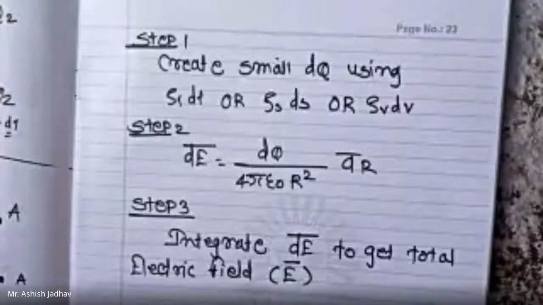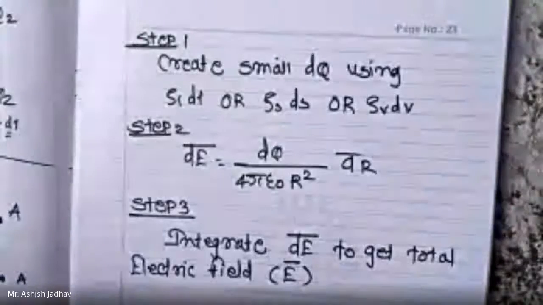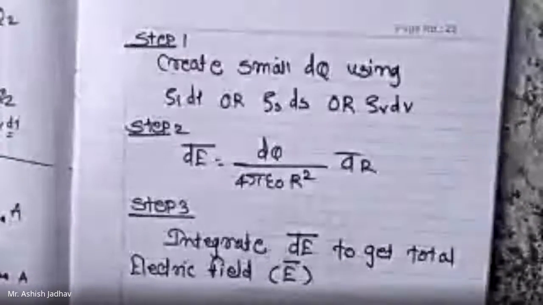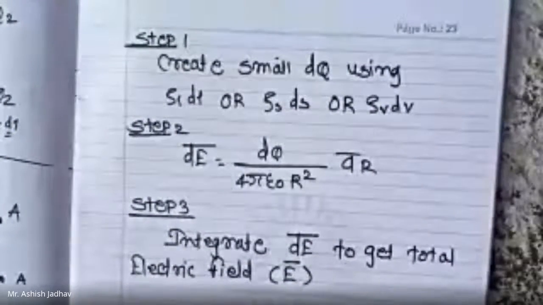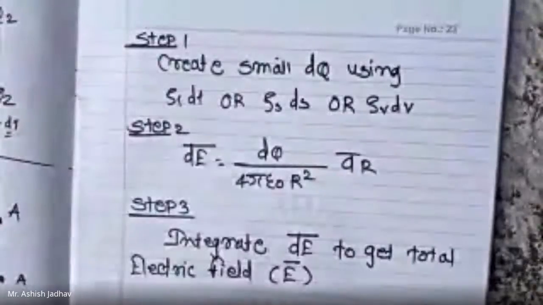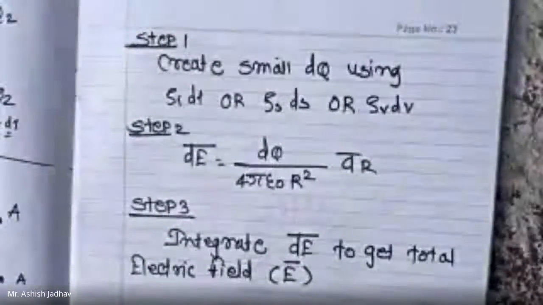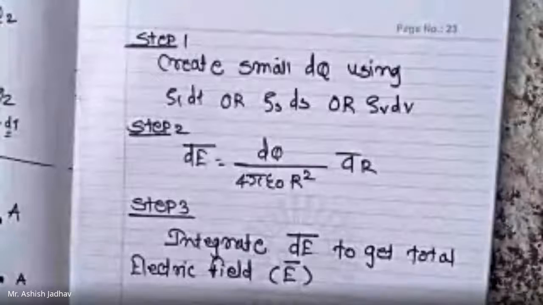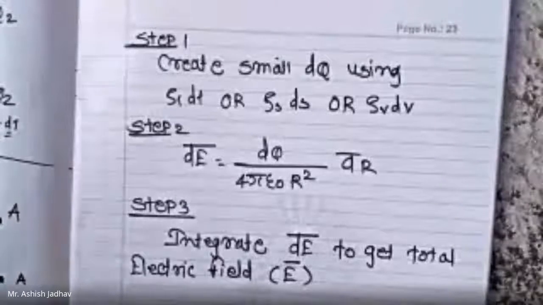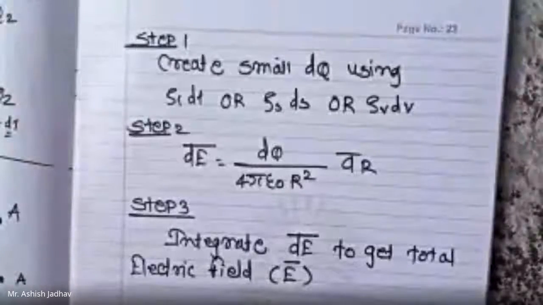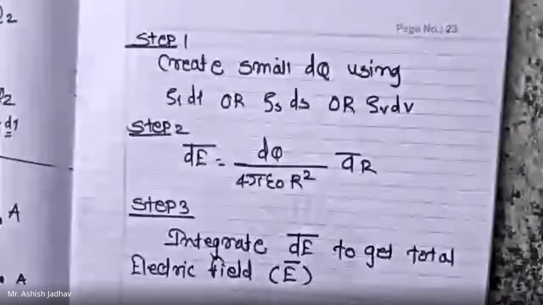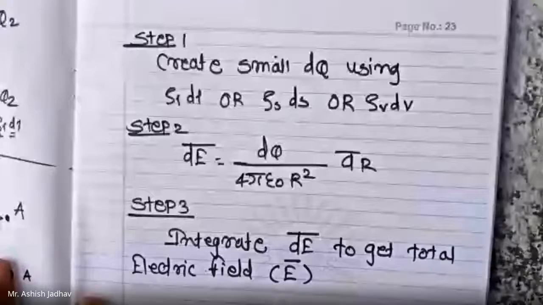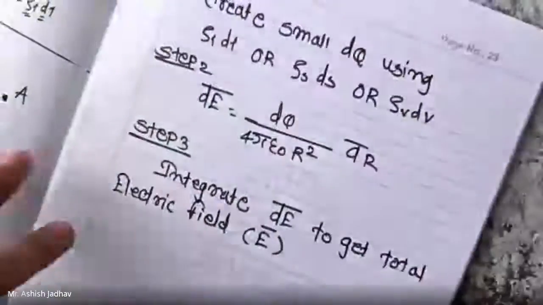Hope this makes sense and gives you some track to solve the examples. In the next lecture, we will derive the expression for electric field intensity due to infinite line charge, then the expression for electric field intensity due to infinite surface charge and volume charge. Right, so we will solve some of the examples also. Hope it is clear. If you are having doubts, you can ask me now.